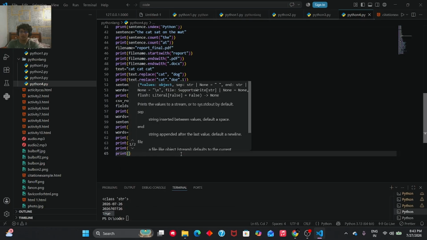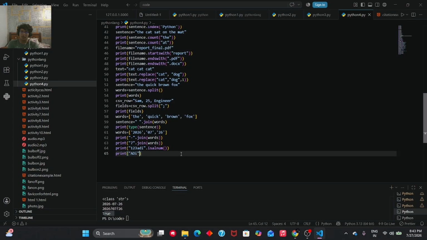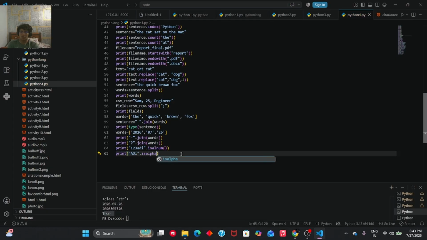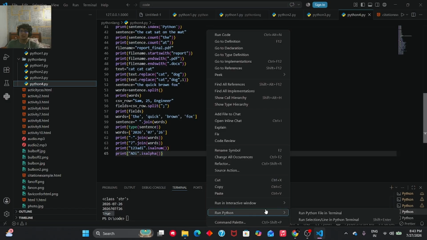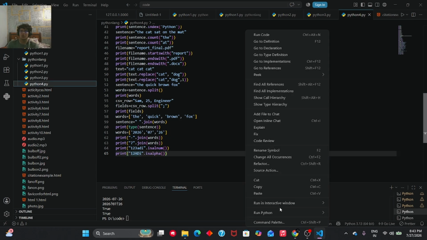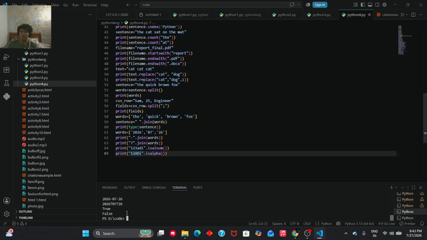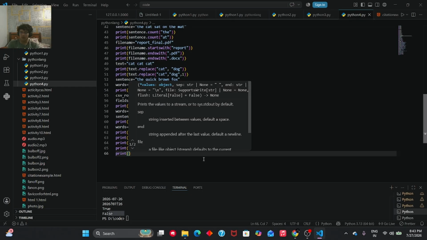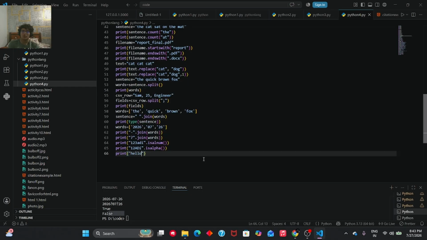Now print adi dot is alpha. We'll get true because इसमें सिर्फ alphabets हैं, सिर्फ alphabets. If we would have written some numbers in it, then see, false आएगा इसमें. अगर ऐसा लिखा होगा। अब डालते हैं प्रिंट, डिलीट करते हैं अब इसमें हेलो